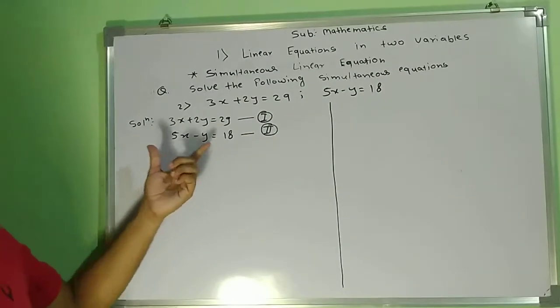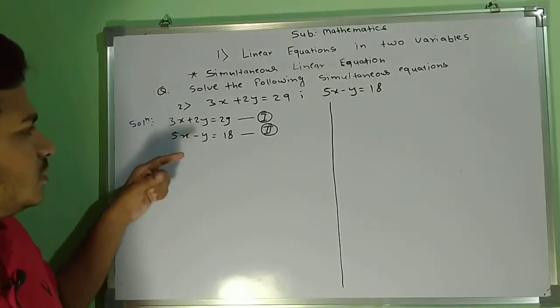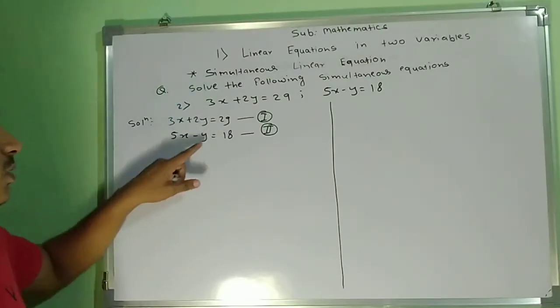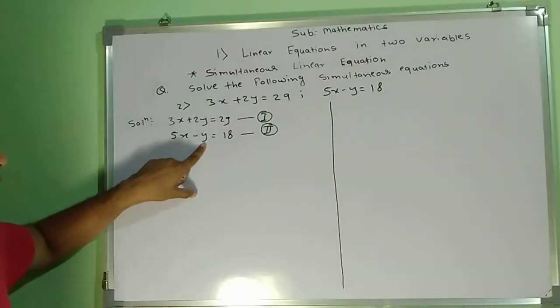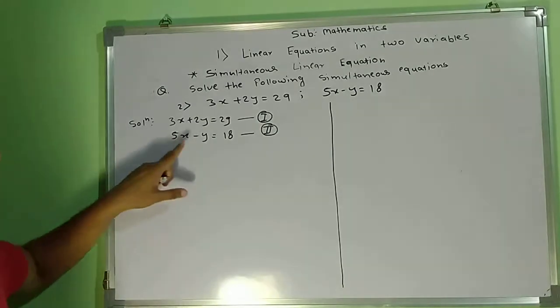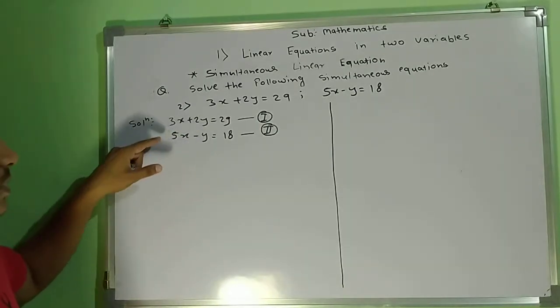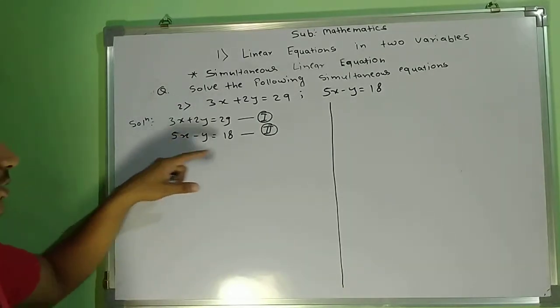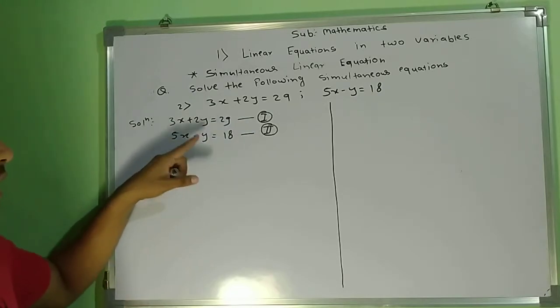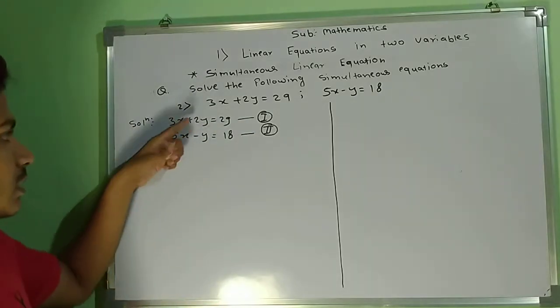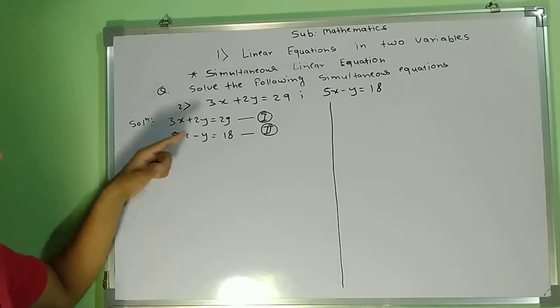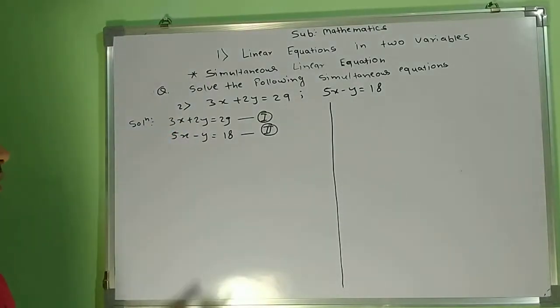Now look at that example. Equation number 1, equation number 2. This is very much similar to the previous example. Look at the coefficient of y. That coefficient of y is 1. So we have to multiply with the 2. Whenever we multiply that equation number 2 by 2, we will get 2y over here. And whenever we add them, plus 2y and minus 2y will be cancelled with each other. So we will do the same as we have done for the previous example.